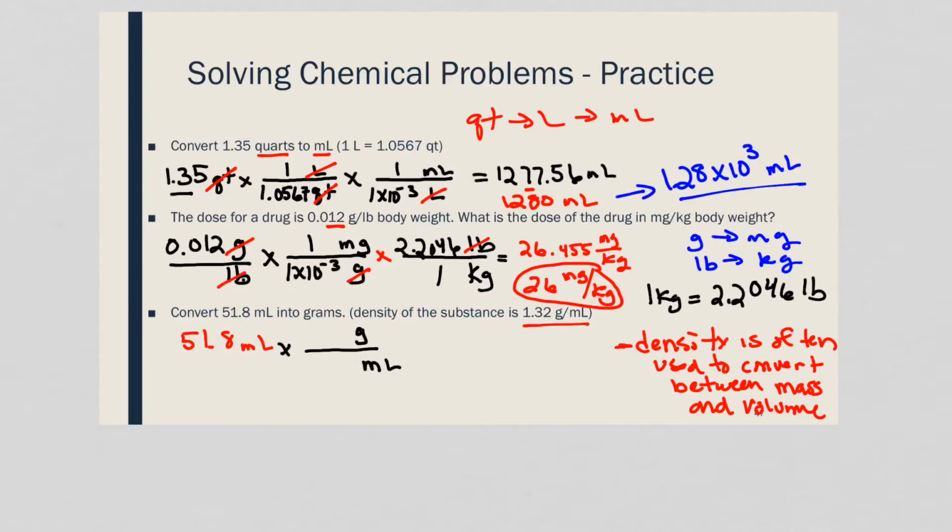Remember, when we have complex units, the number always goes with the top unit. So it's 1.32 grams per 1 milliliter. So we're going to end up multiplying by the density. My milliliters cancel out, and I end up with